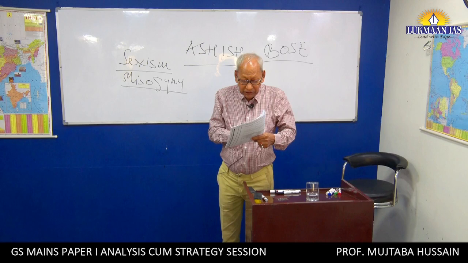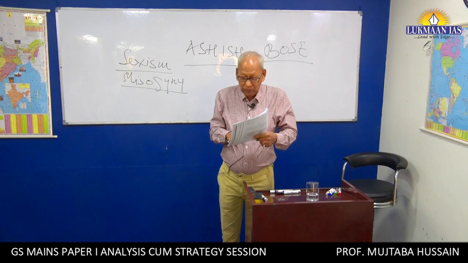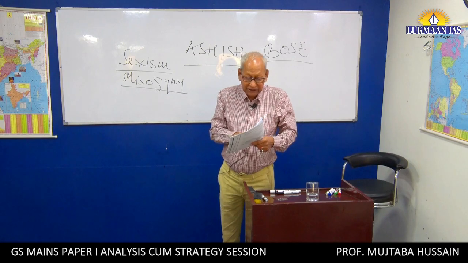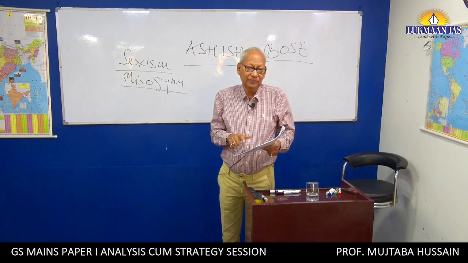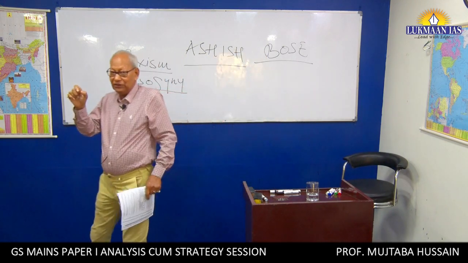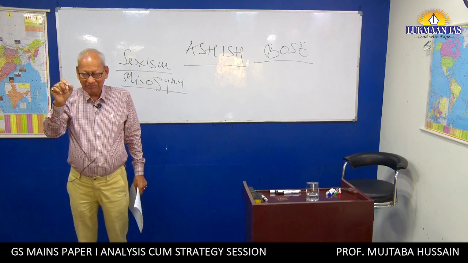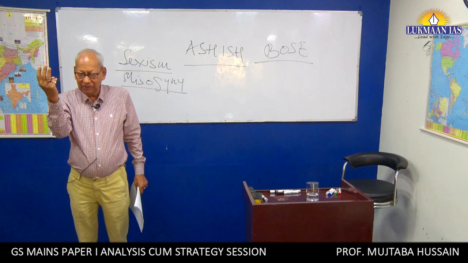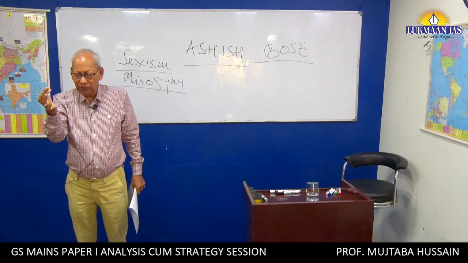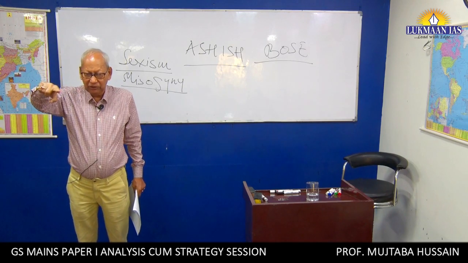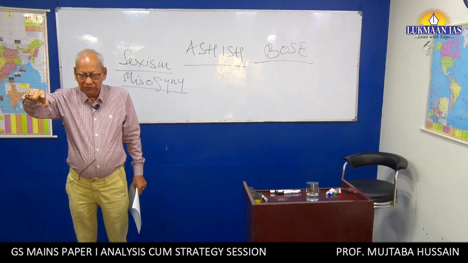Question number 20. Are we losing our local identity for the global identity? Discuss. Answer in 250 words. Start the answer with globalization. Globalization has three dimensions. Number one is economic. This started with economy. This started with technology,